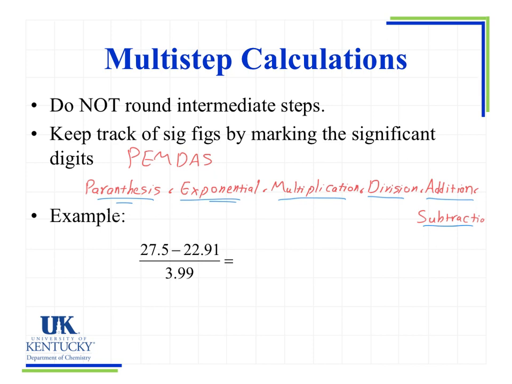ratio like this, the first step is to draw parentheses. If it doesn't have parentheses, you have to put the parentheses yourself, okay? So you do whatever is inside the parentheses first, and then if you have an exponent, you do the exponent. If you don't have one, then you go to multiplication, division, and the last step is addition, subtraction, okay? So in our example, we have